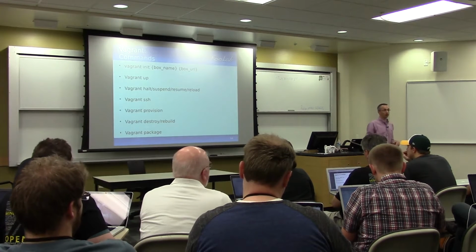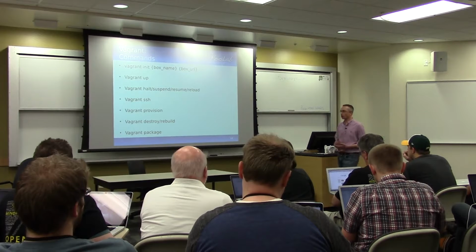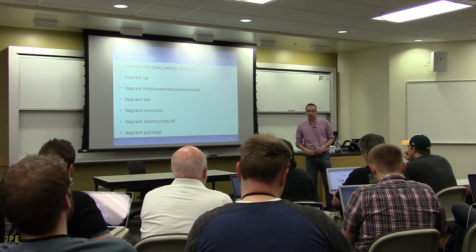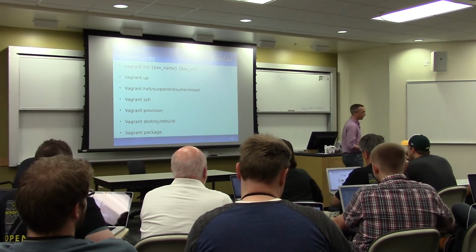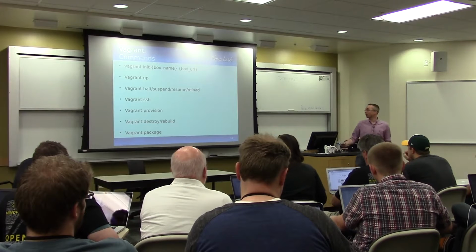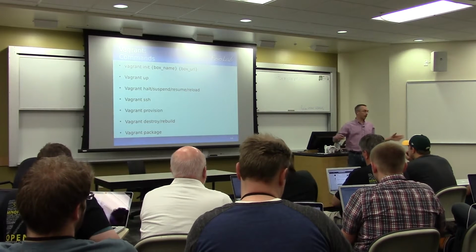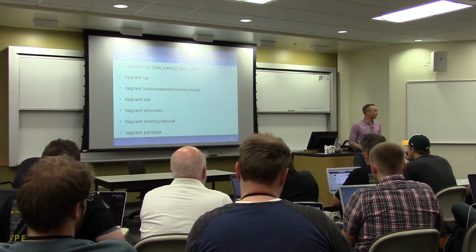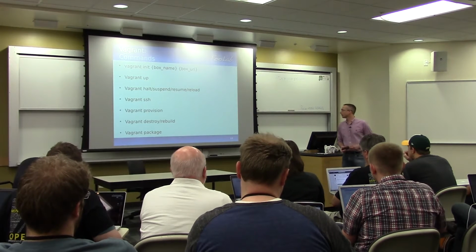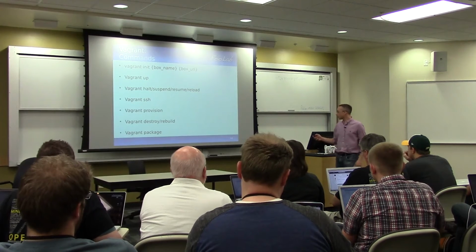So you just run Vagrant SSH with the name of the box, and it's going to log you in automatically on that box. That's great. So you don't have to generate your SSH key. Just put it on that server, or just remember that crazy password, or just write it on a Post-it. Don't do that.